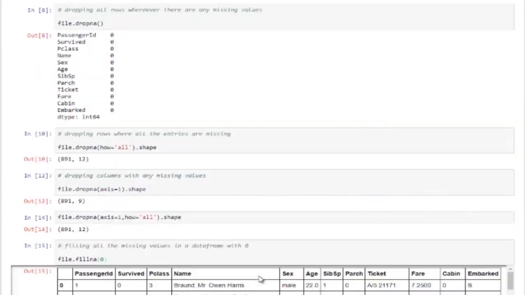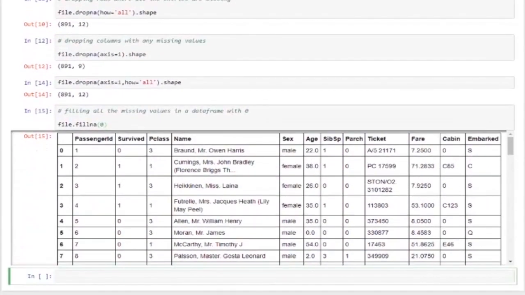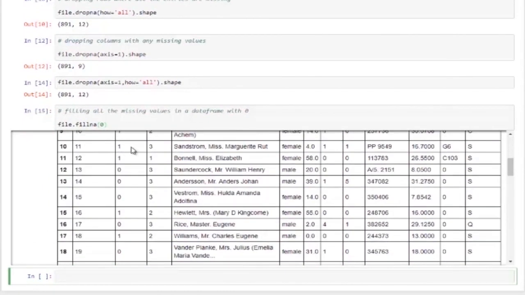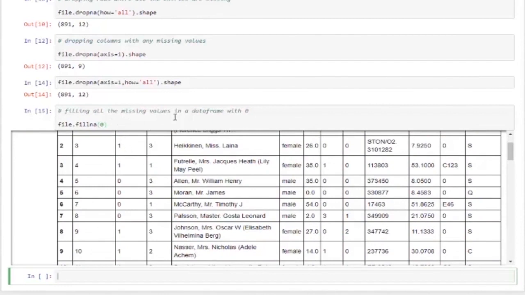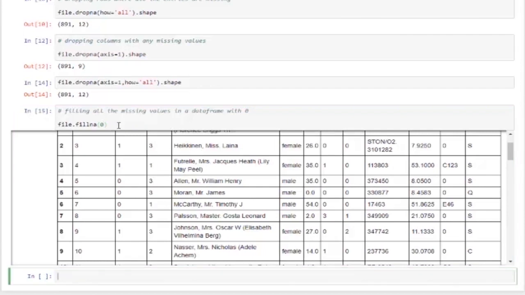So when we do something like this, it will return a data frame which is the size of the original data set, and here all the missing values have been filled by 0. Now what if we want to change the original file? So this is just a copy of the file that you are receiving. Now if you want to change the original file with the missing values, what we can do is set inplace equal to True. What this will do is modify the original file and give you the output, but we do not want to do that for now.